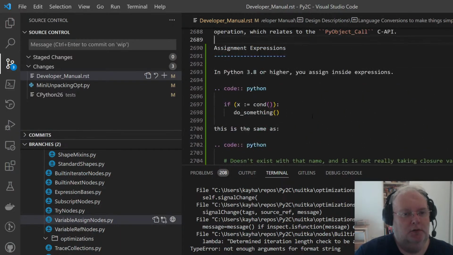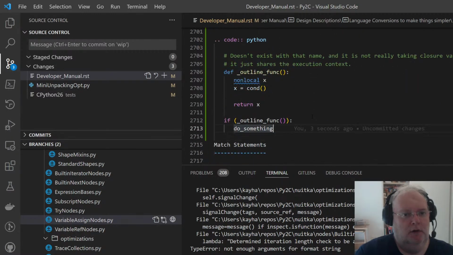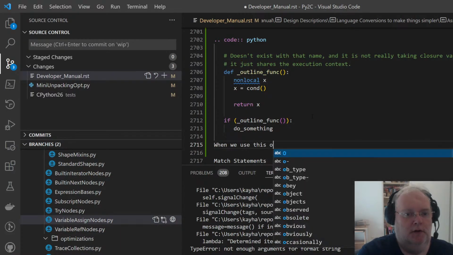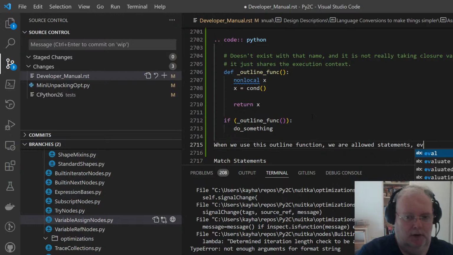And what we are going to do is, when we use this outline function, we are allowed assignments in expressions.